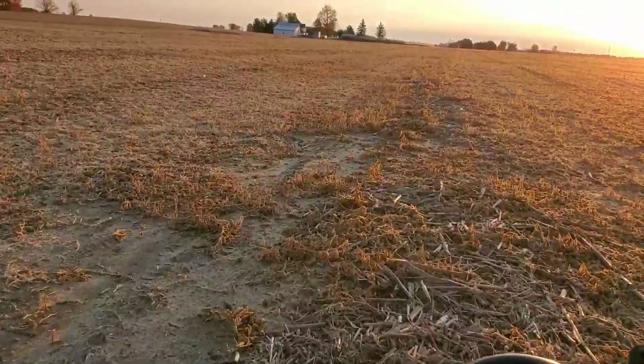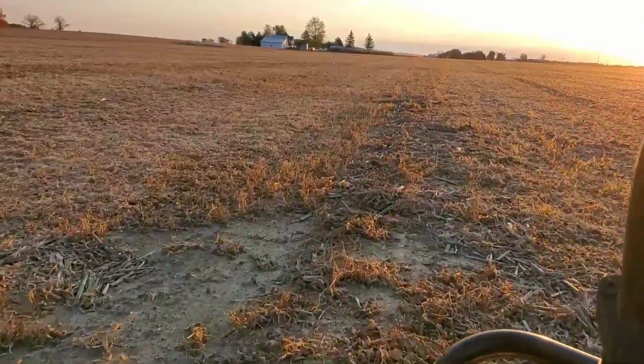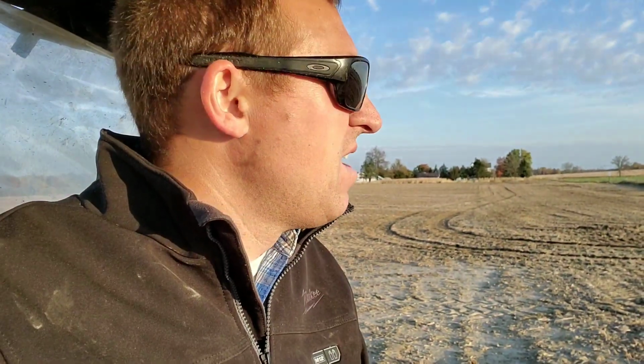Got the gator up in the field where we were working last night. I'm going to try and find that skid plate. Still searching. Well, unfortunately, no luck. I searched basically everything that I combined yesterday in this field and couldn't find that skid